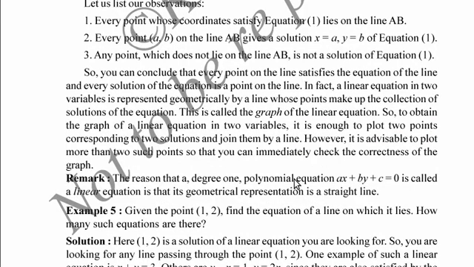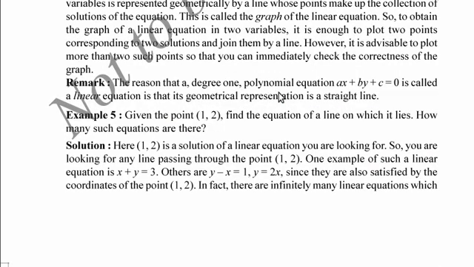In equations involving only one variable, we get the solution as a point on a line, whereas in equations involving two variables, we need 2 points to find out a solution. We need two values to find a solution. One value representing the value of x and one value representing the value of y.